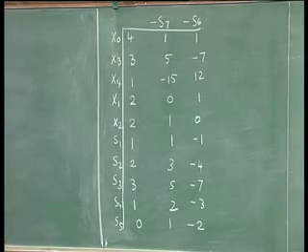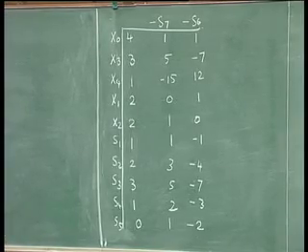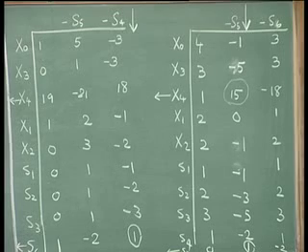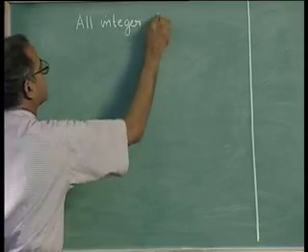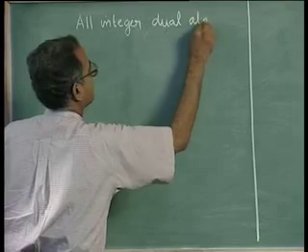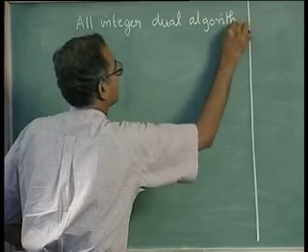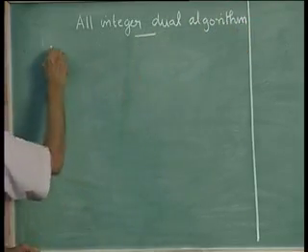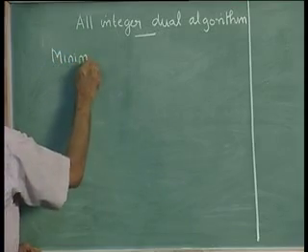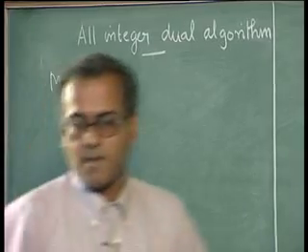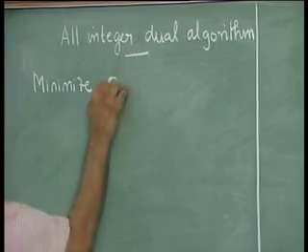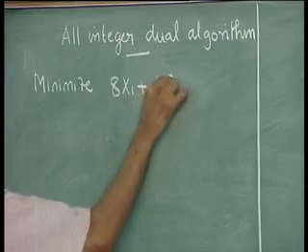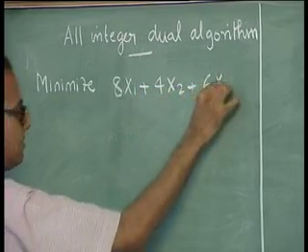The last part of the module on integer programming is to understand the all integer dual algorithm, which again we will explain using an example. So, we have an all integer dual algorithm, and we explain it with a minimization problem. So, we minimize (8x1 plus 4x2 plus 6x3)